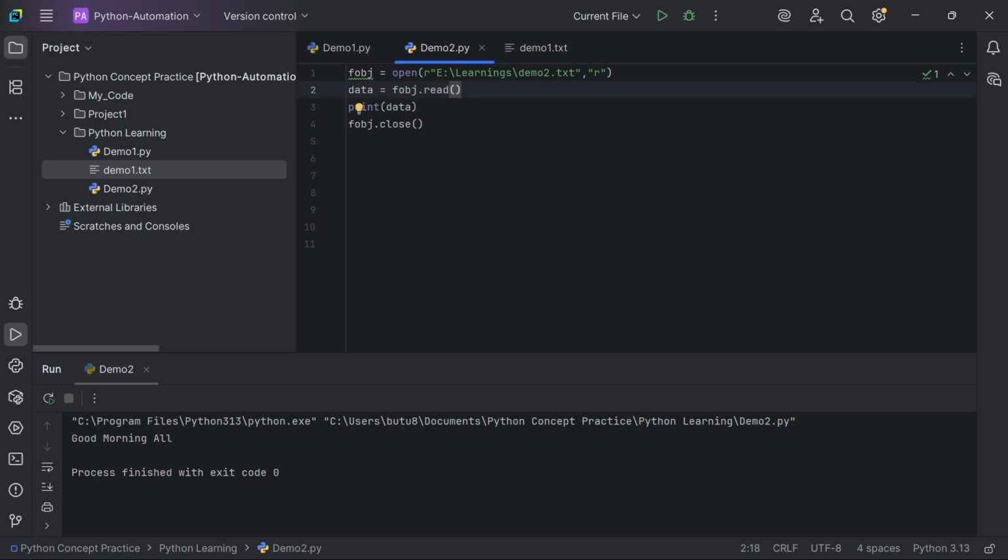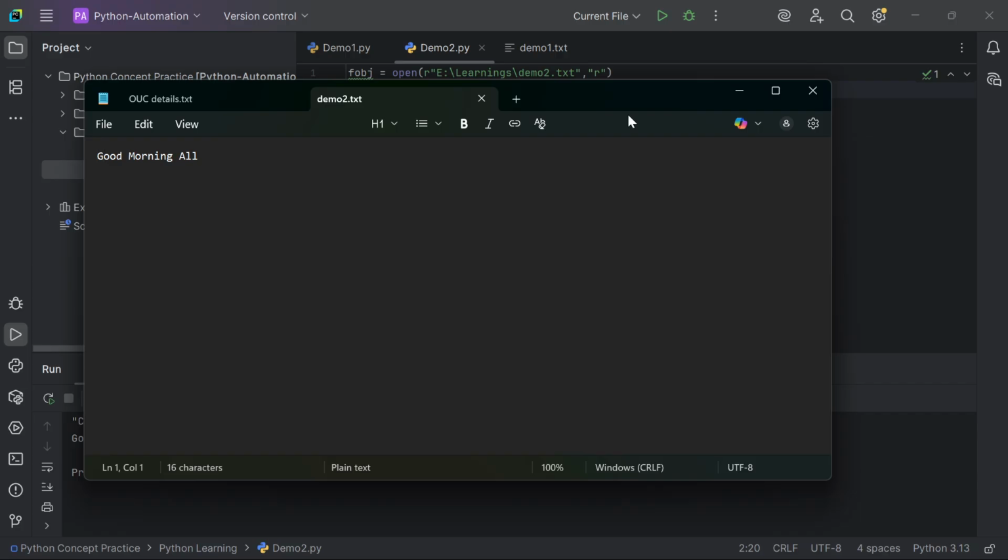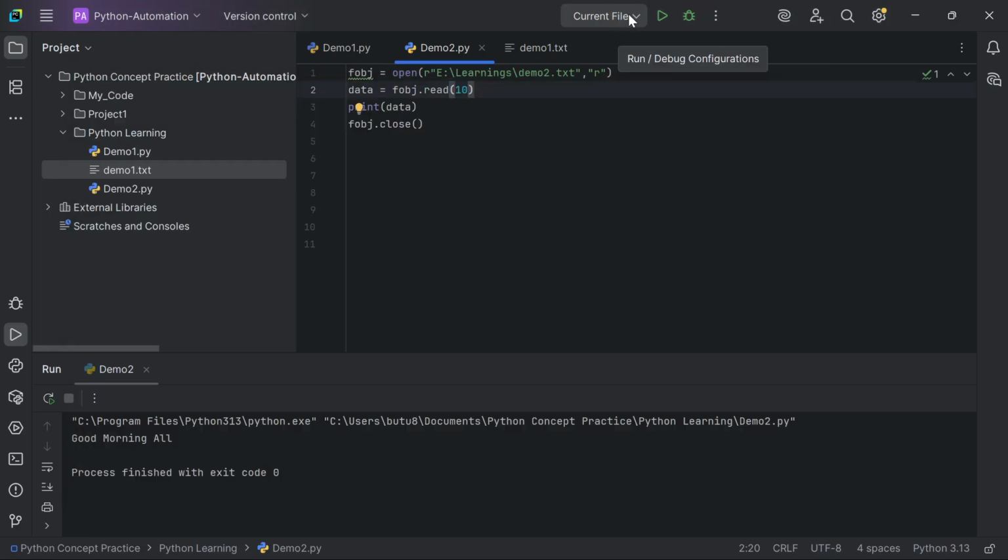Suppose I'm giving an example here, I'm giving 10. So let's count from the start. 1 2 3 4 5 6 7 8 9 10. Okay, so till here it should be displayed. Let me just run it. See, good morning. All right, so now we can see